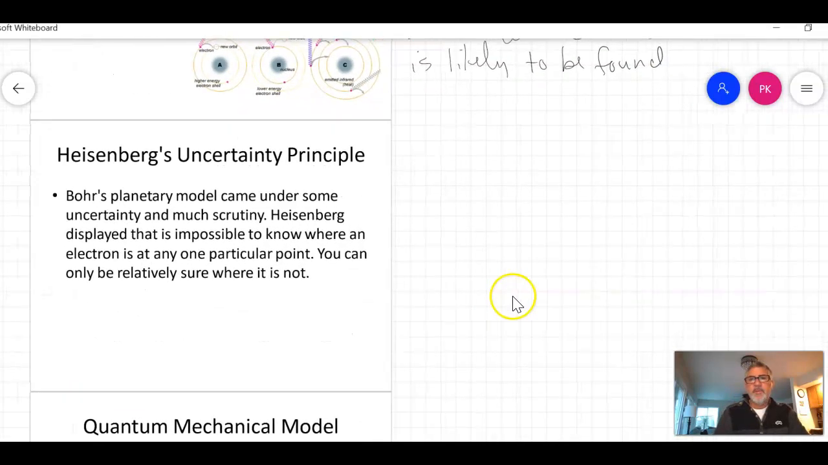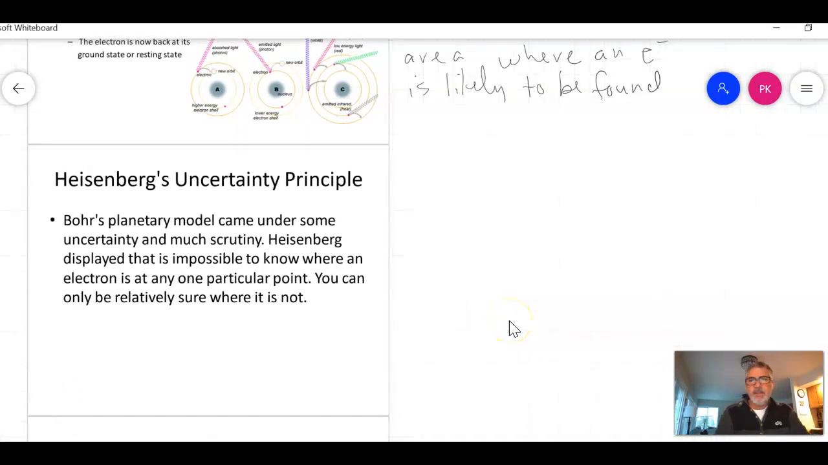Okay, so the problem with this is there's a guy named Heisenberg who was around the same time as Bohr. He started looking for electrons in orbitals, and he couldn't find them. So he came up with his uncertainty principle. Where Bohr thought the electrons were on fixed orbitals or fixed distances, Heisenberg showed